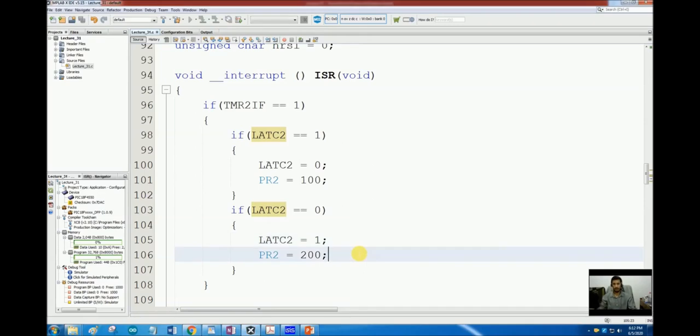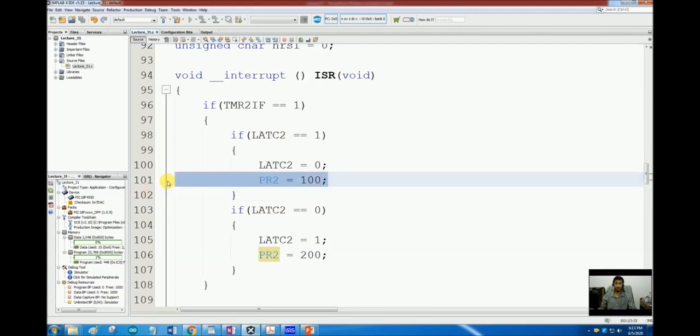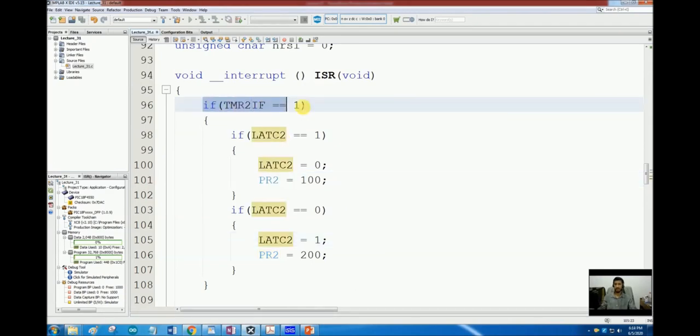So now you know the big advantage that we are getting in case of timer 2 with this period register. This is a huge advantage, and we will be using it in CCP, ECCP also. Right now we are manually checking some flags. We are manually checking the state. We are manually loading the period register.